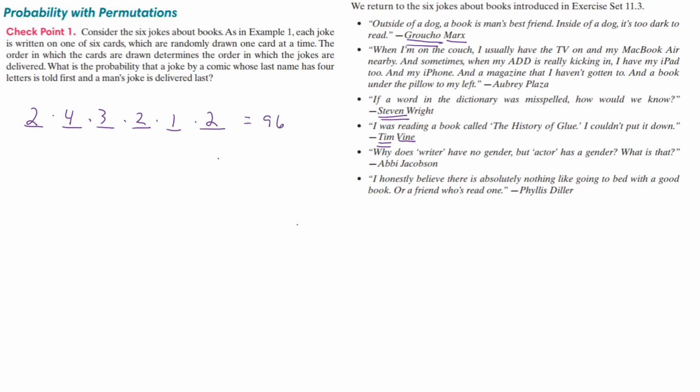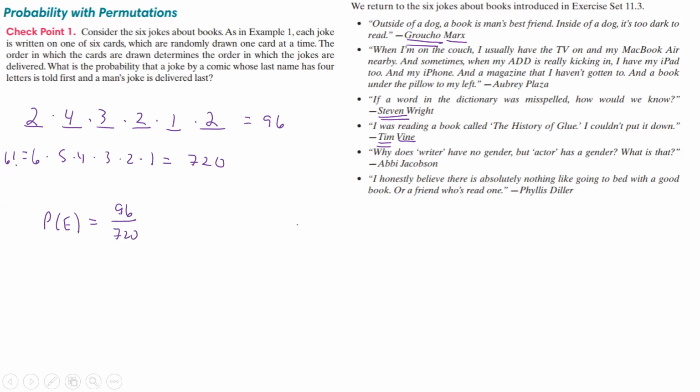Okay. Now, how many total are there? Well, that would actually be 6 times 5 times 4 times 3 times 2 times 1. And that's going to be 120 times 6. So that's going to be 720. And again, this is just 6 factorial if you want to type that into your calculator. So the probability of that event occurring is going to be what? Well, that's going to be 96 over